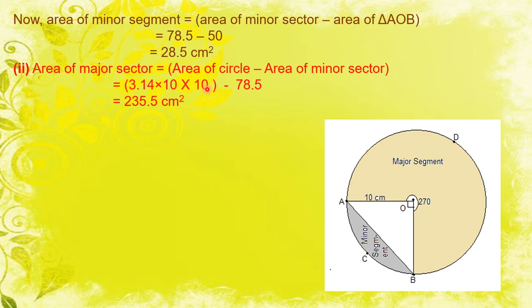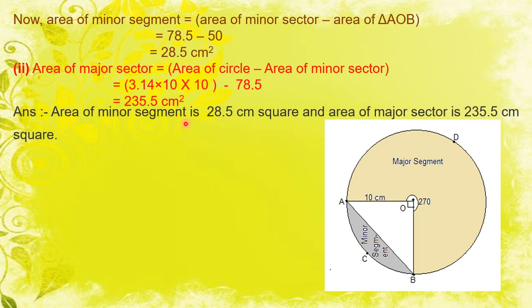After solving this, we get 235.5 centimeter square. This is the area of the major sector. So here we get the area of the minor segment as 28.5 centimeter square, and the area of the major sector is